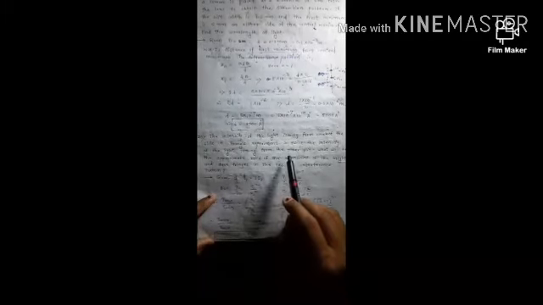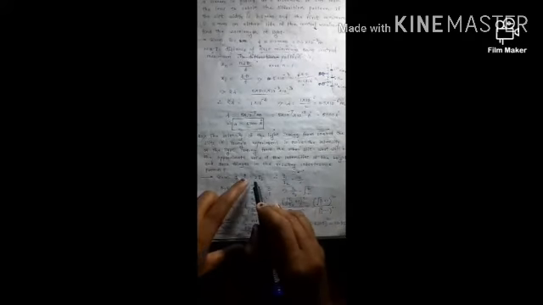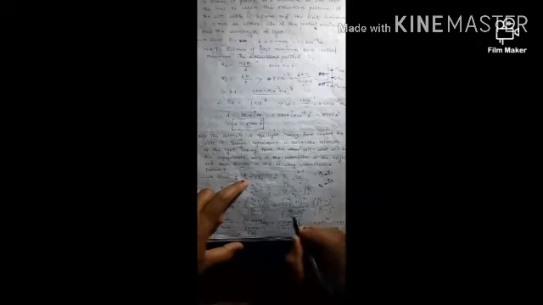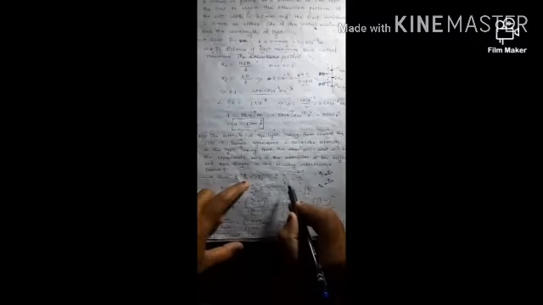Now next, the intensity of the light coming out of one of the slits in Young's double slit experiment is twice the intensity of the light coming out from the other slit. So the condition is given. In YDSE, two sources are there, S1 and S2. The light which is coming out from S1 is of intensity I1 and from S2 is of intensity I2. And the relation between them is I1 equals twice I2 according to the condition. Therefore, I1 upon I2 is equal to 2 by 1.